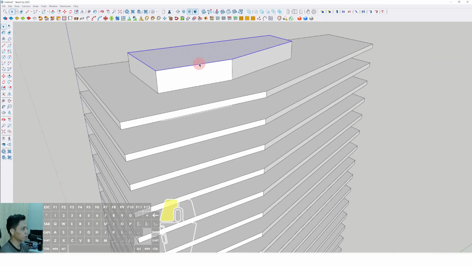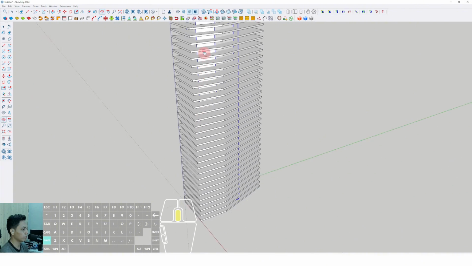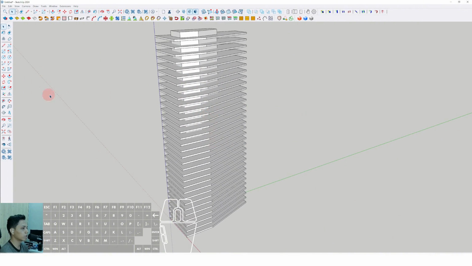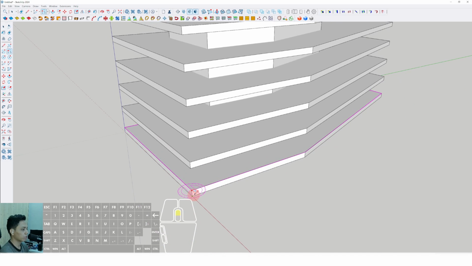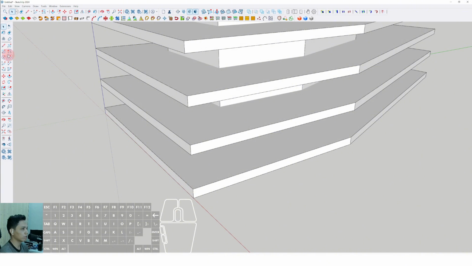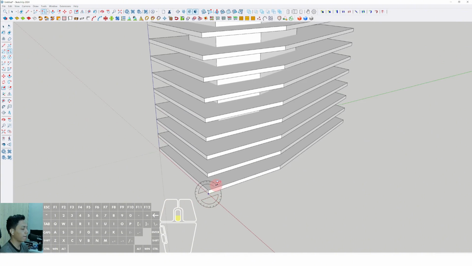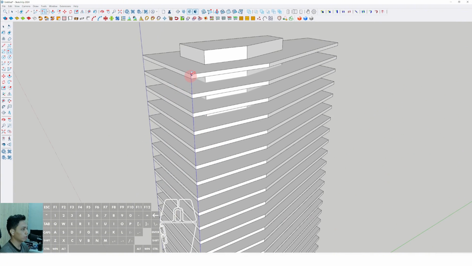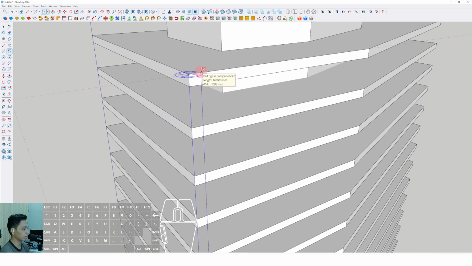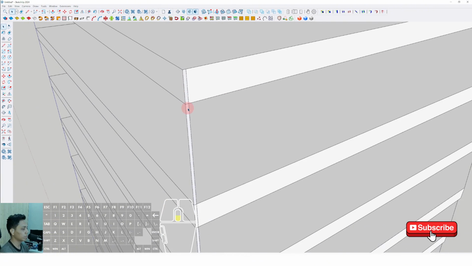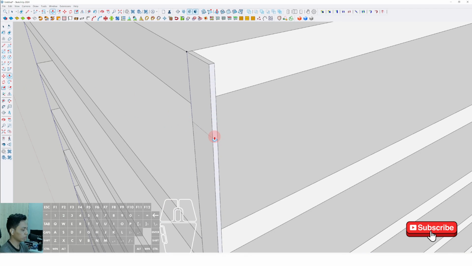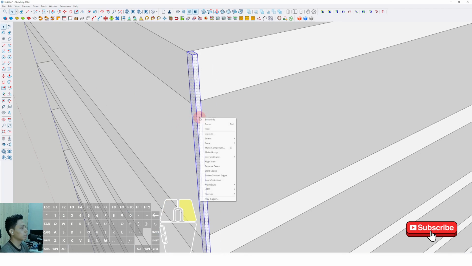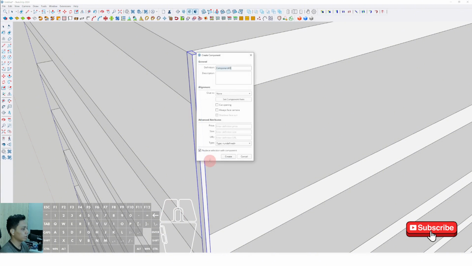Then we can triple click, right click and make group, and also we can continue to make the frame of this curtain wall. We can use the rotated rectangle, click this position, click from this point, then click to this point, set the height of the frame of the building around 100 millimeters, click from these surfaces, then we can select push it to the front around 200 millimeters, triple click, right click and make group, and right click and make component, create,